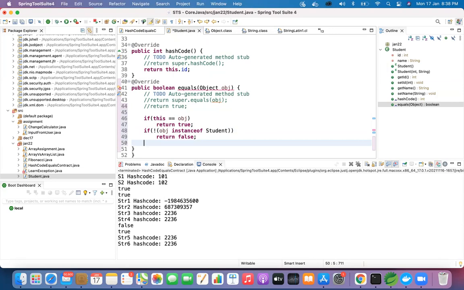Don't give return yet. Just typecast your obj to Student. Create a reference of Student, and for typecast we use brackets, and within that you give the class name.